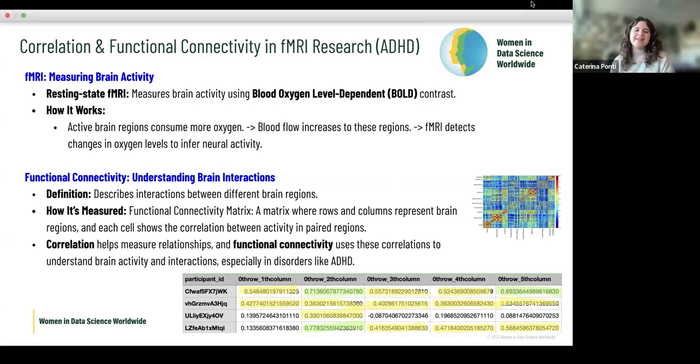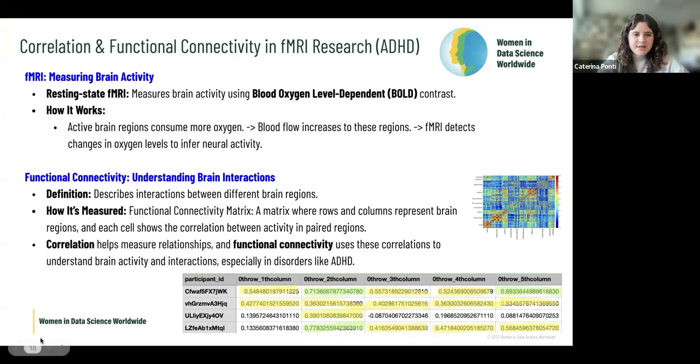Instead, in the yellow, I highlighted correlations that sit between about 0.5 and 0.4. And then I left blank, in white, the correlations that are really close to 0, so probably really weak, like the negative 0.08 between the 0th row and the 3rd column. That's a really weak correlation. So yeah, I hope that was clear. Feel free to ask questions at the end of the workshop. Let me go to the next slide.